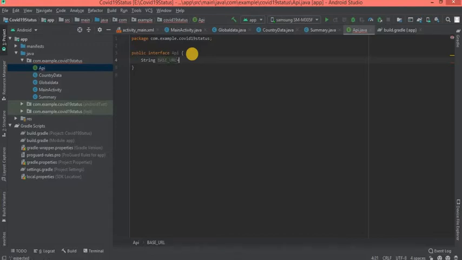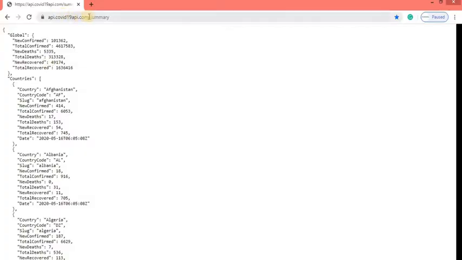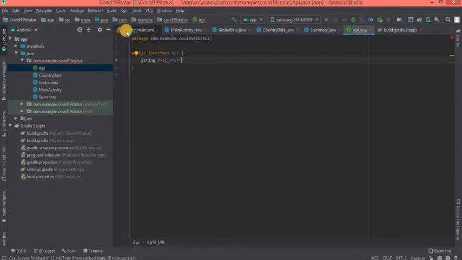Base URL equal to, just copy this base URL and paste it here, not summary, just the base URL only.